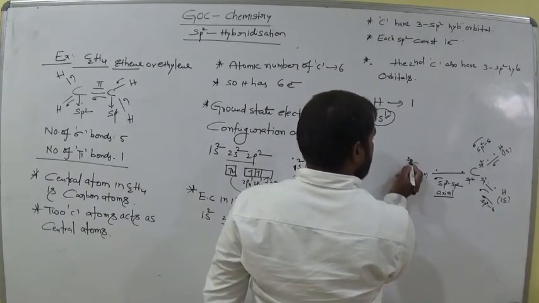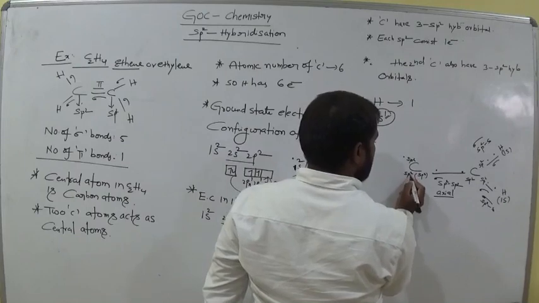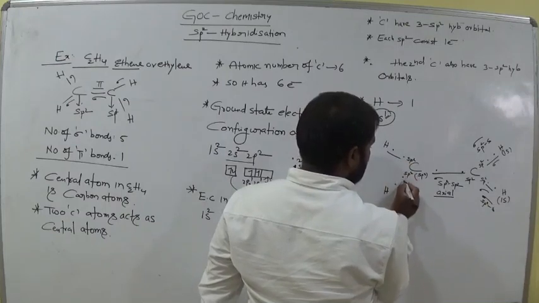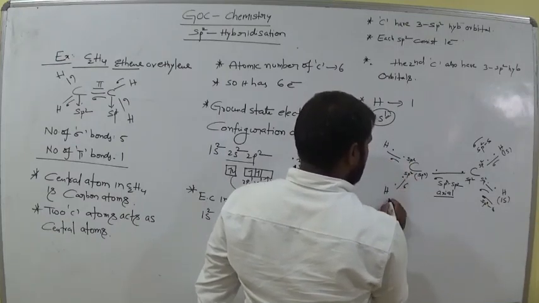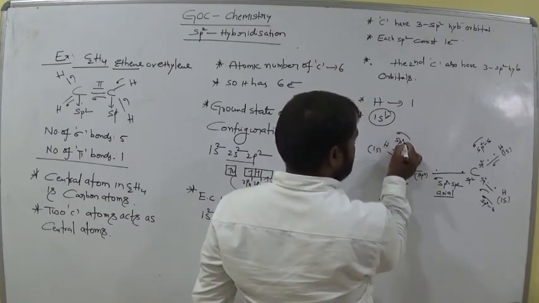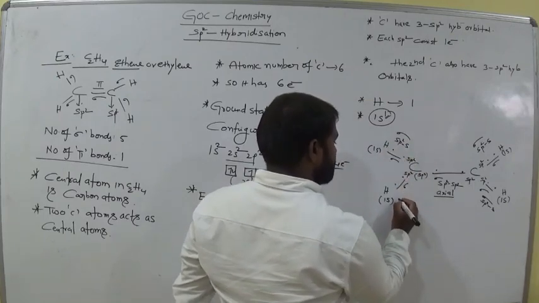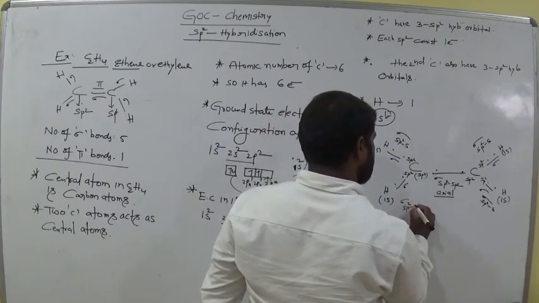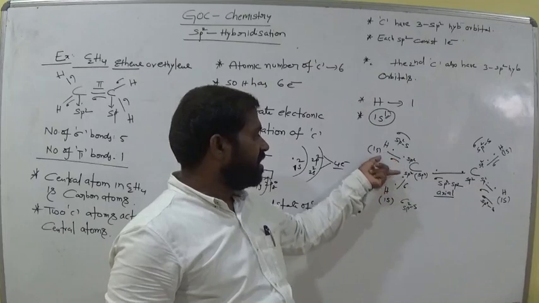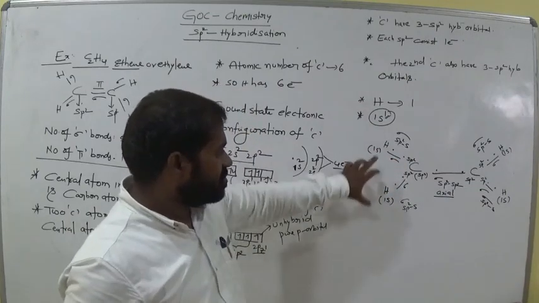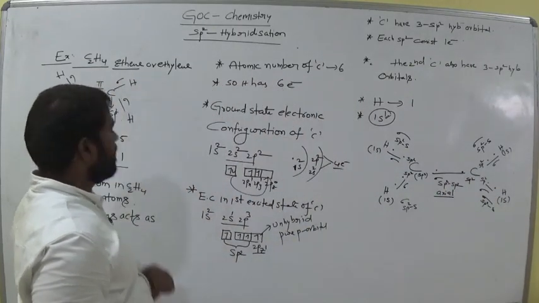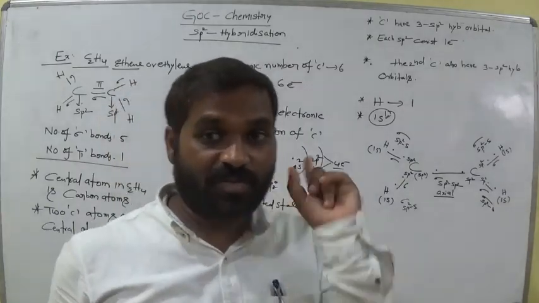Now it contributes one electron here, and from hydrogen it contributes one electron. So which bonds are possible? Sigma. Which orbital is involved here? 1s. It can be represented as sp2-s, am I right? Here it is also sigma sp2-s. sp2 means the sp2 orbital of carbon, the s orbital of hydrogen. It gives one sigma bond, axial overlapping. Okay. So now 4 sigma bonds, and this is the 5th sigma, and one pi bond needs to form between the carbons, am I right? Clear? One more bond we need to form here.